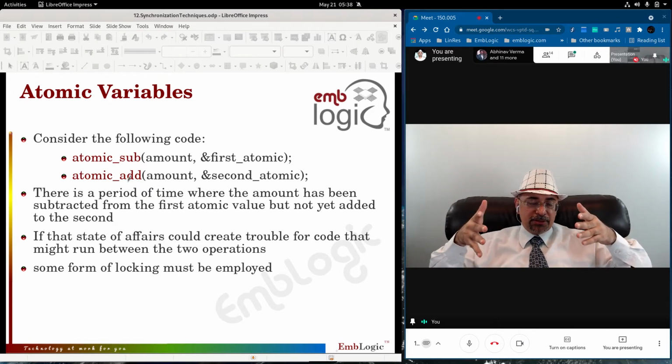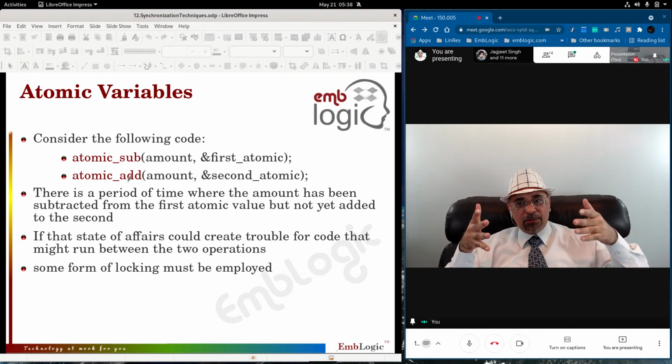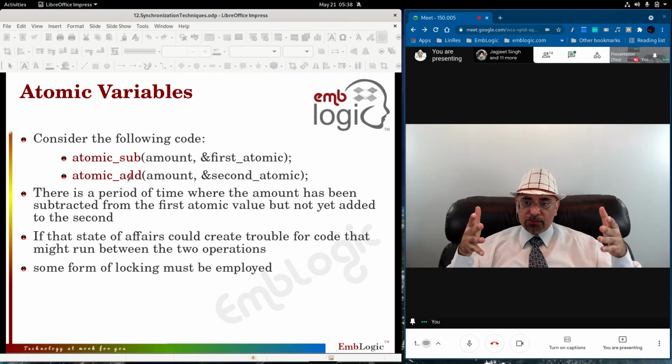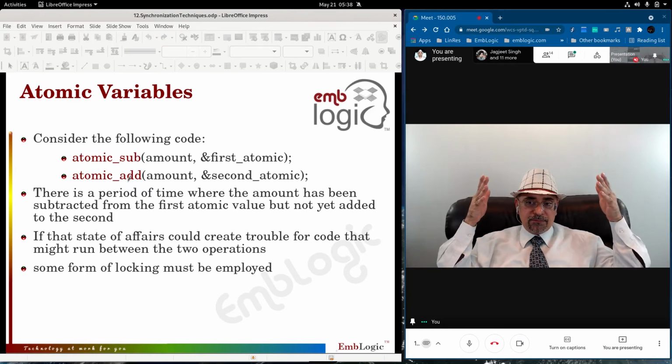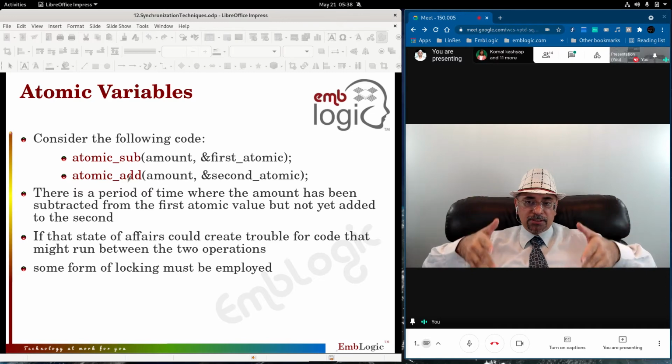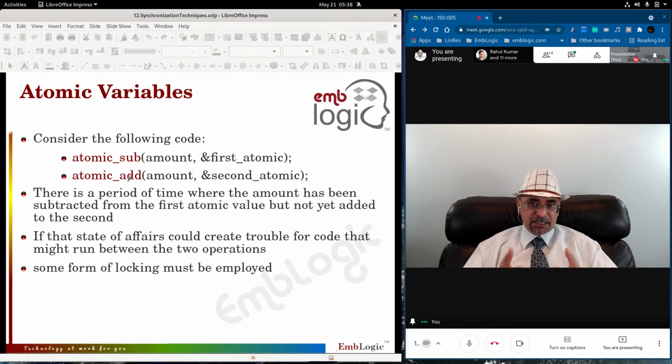The operation has to be done atomically in this thread, and atomically in this thread also. But both threads can work on it at the same time, simultaneously. So one will increment, the other will decrement, and there will be a race condition. There is a period of time where the amount has been subtracted from the first atomic variable but not yet added to the second. If that state of affairs could create trouble for that code, we will need some kind of locking.